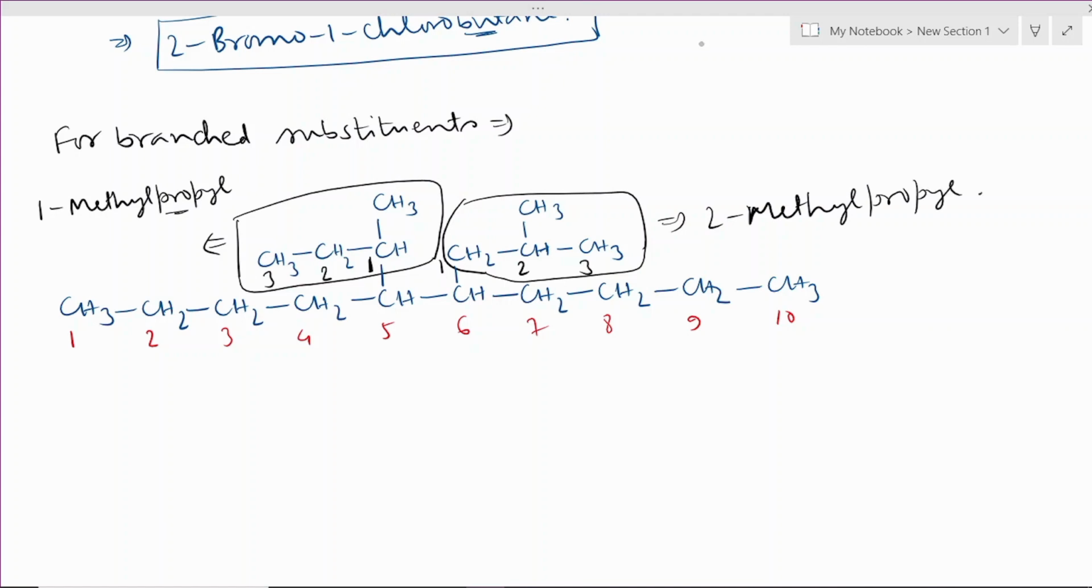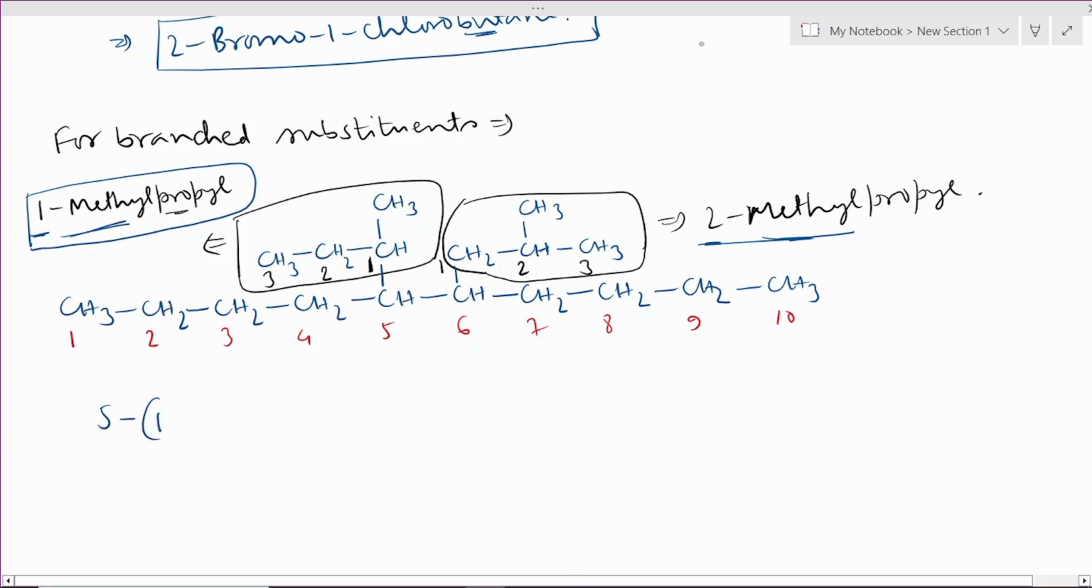Now while doing nomenclature of this whole compound, we see that there are two prefixes. One is 1-methyl propyl and the other is 2-methyl propyl. In these two prefixes, methyl is common, so we have to give priority to that prefix which contains the lowest locant. Here it is 1 and here it is 2, so it will precede the other. So the IUPAC nomenclature of this compound will be